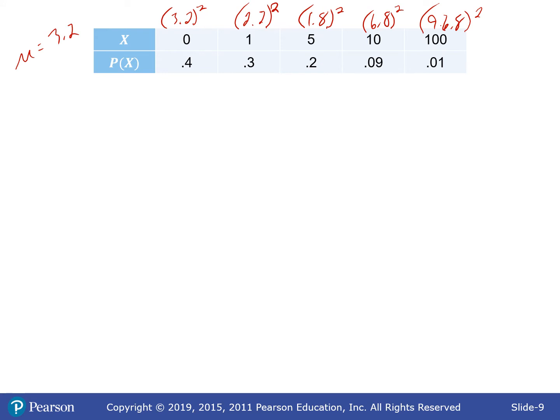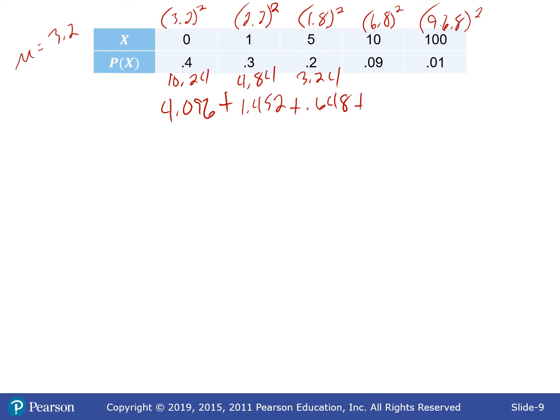3.2 squared equals, I got 10.24, and then we multiply that by the 0.4 to get 4.096. Plus, we do the same thing, 2.2 squared is 4.84 times 0.3 is 1.452, plus 1.8 squared is 3.24 times 0.2 is 0.648,